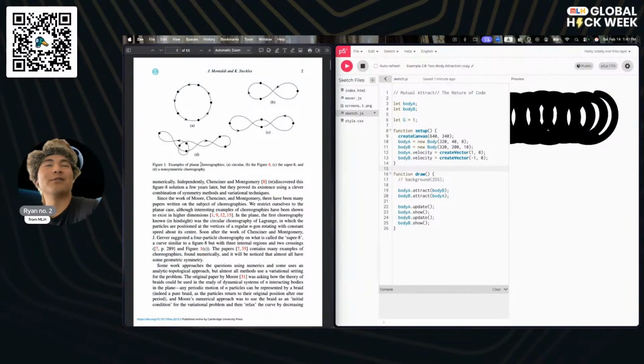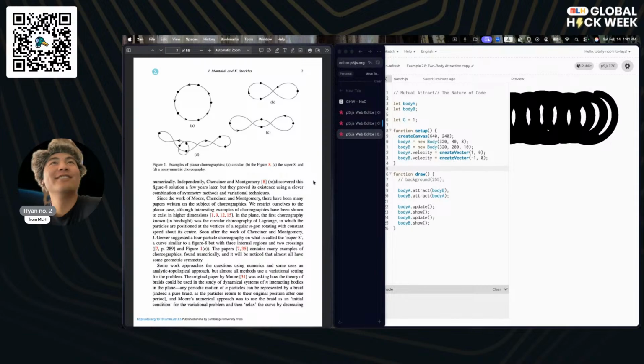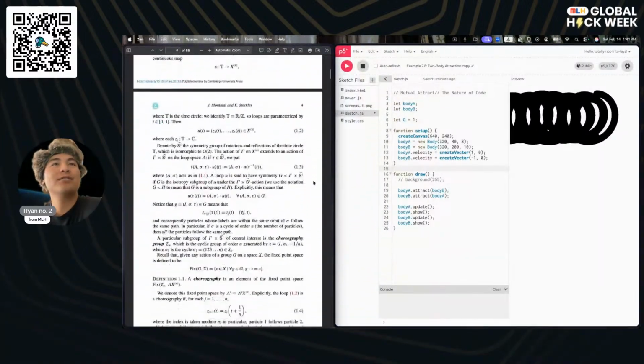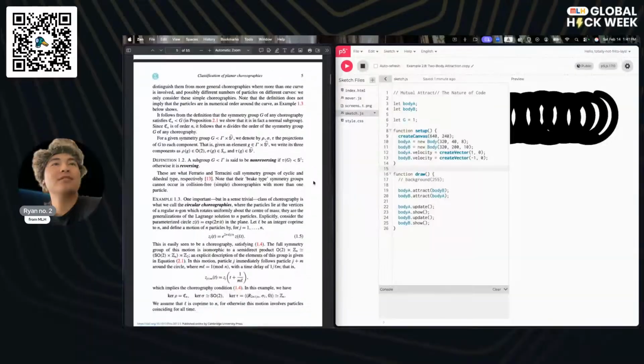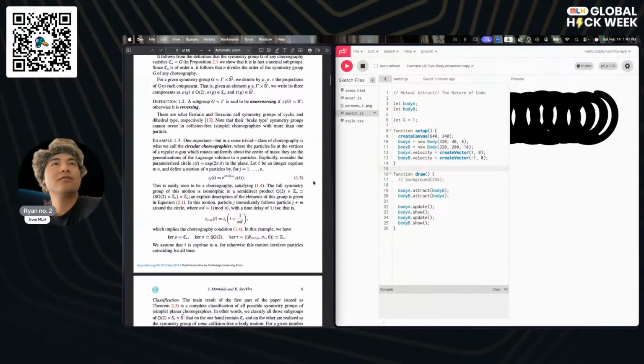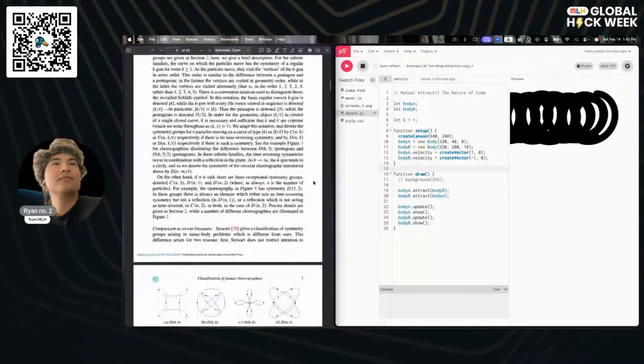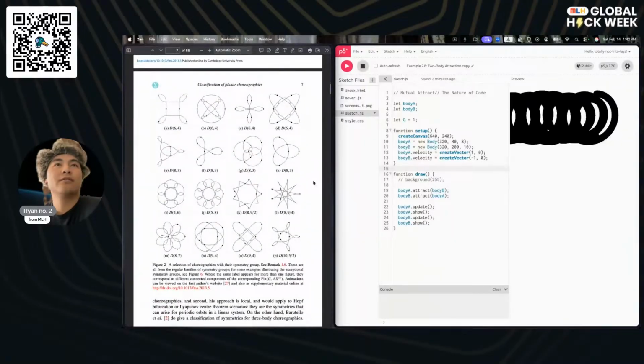Planar choreographies. That's such a cool phrase to have. Configurations and symmetries. Hmm.